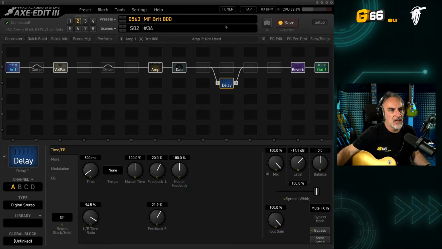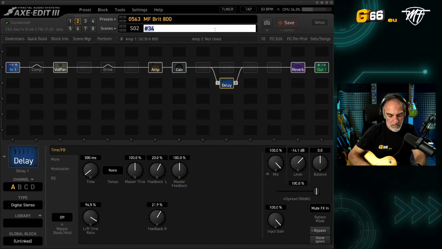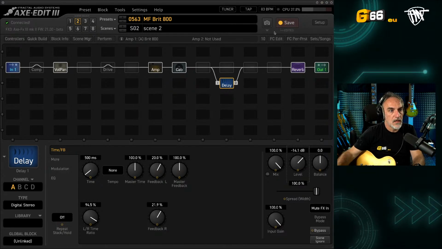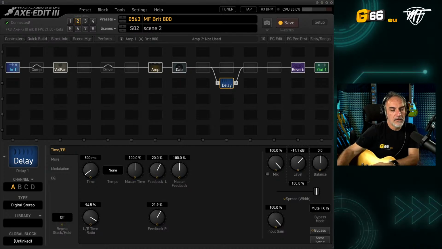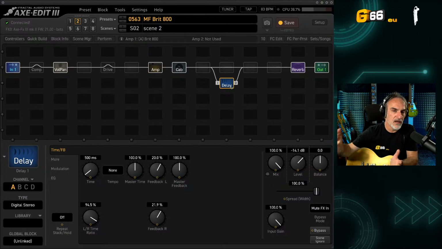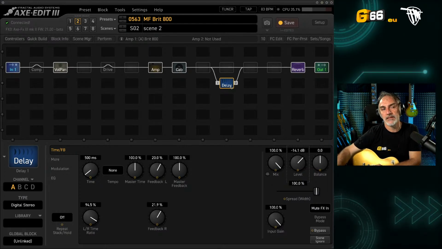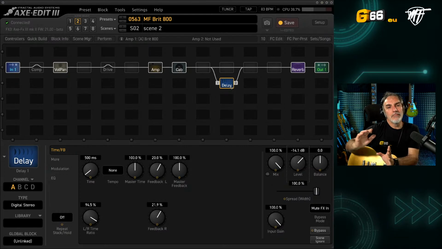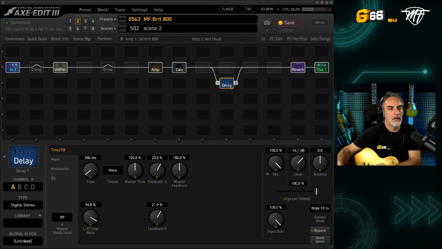Let's assume this is a scene, scene 2. Save, and I create the same scene. Okay, 800 is not a problem, with a different delay. So typically, instead of using two delays, with AxeFX3 you can use as many delays as you want, but typically I like to optimize my presets in the proper